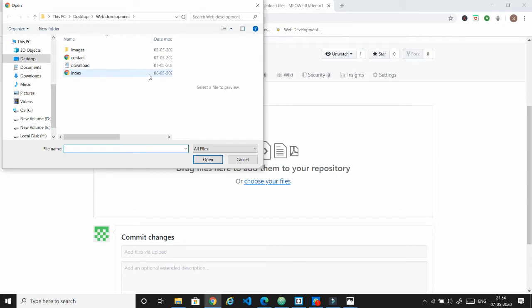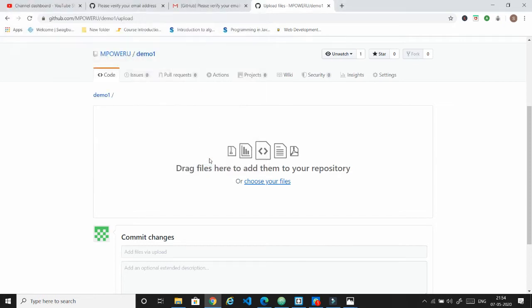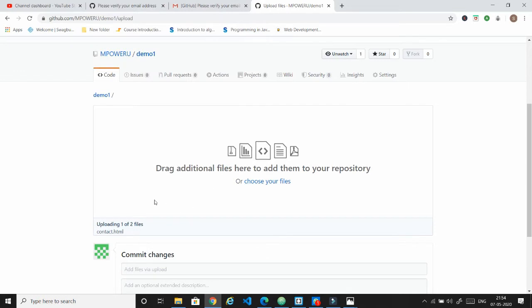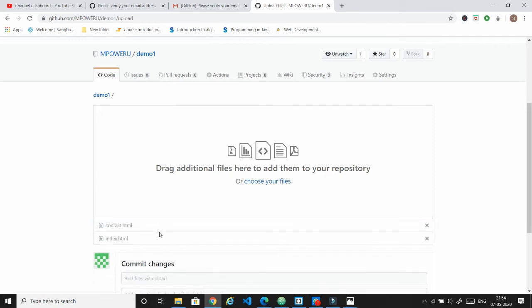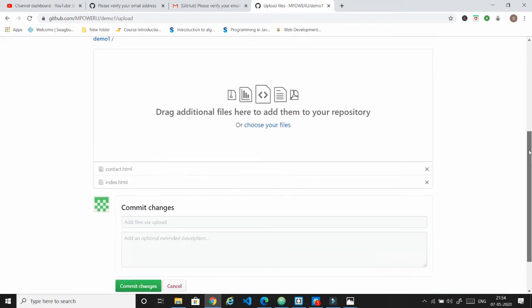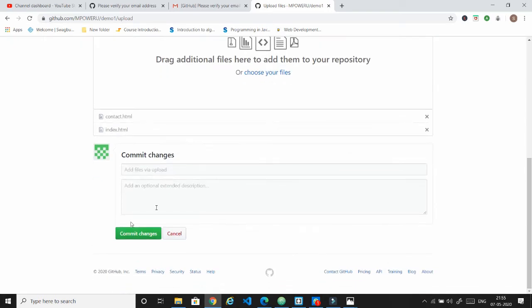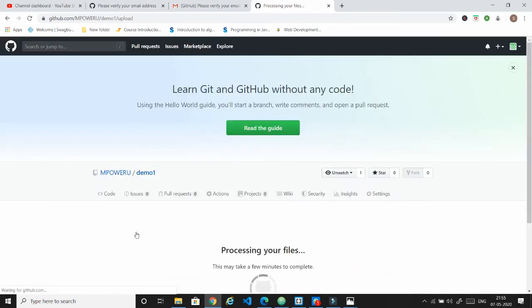So I will be choosing these index and contact HTML files to upload. It will take some time to upload, and my two files, index.html and contact.html, have been uploaded. Now I will just hit commit changes here.